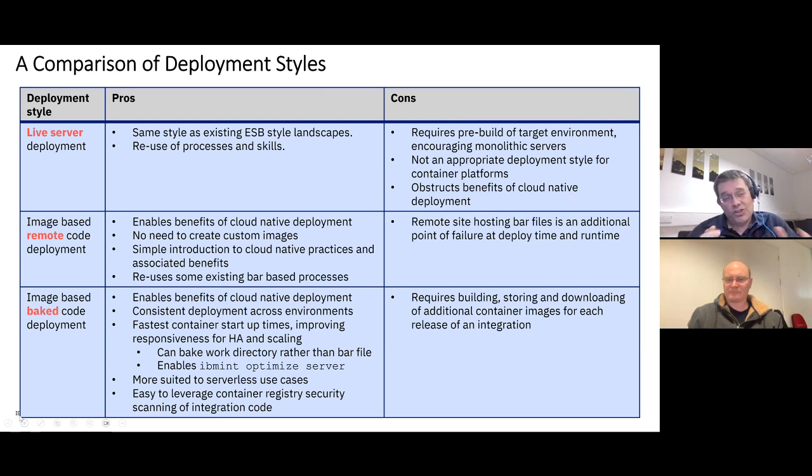So if we focus our attention more on the 2 different styles that I just described, the remote code deployment or the frying versus the baked code deployment, you can see the pros and cons here. Maybe if I just pick up on one in the interest of time, if you're doing remote code deployment, you are at the mercy of the site that's hosting those bar files. So that's an additional point of failure that you might need to consider in terms of your high availability or